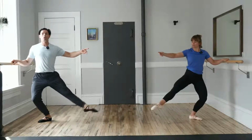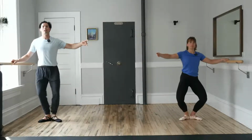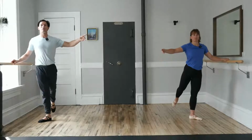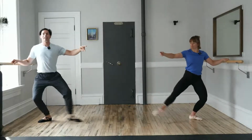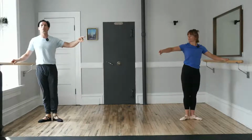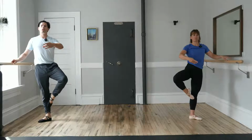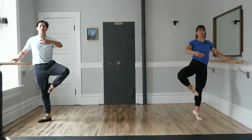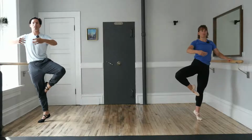We plie, we jete, we stretch, we close, we jete, we close. Plie, jete, stretch, close, straight to the back, and side again, full stretch, close, out to the side, close. This time, stay low if that's for you. Challenge yourself in that passe position, and with one or none, hands on that bar, squeeze your butt cheeks, own